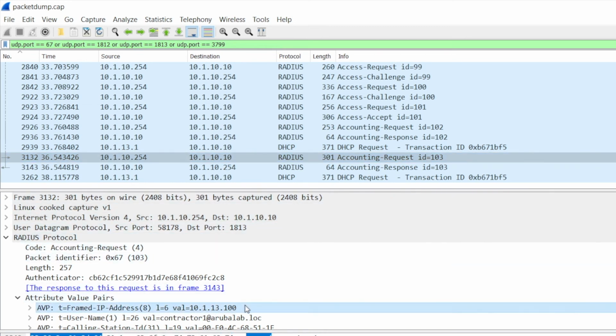So the switch has learned the IP address through IP visibility and is then doing an accounting request to update ClearPass with the client's IP address, 113.100. So this is how it should look. That also helps you understand, if it doesn't work, where to have a look.